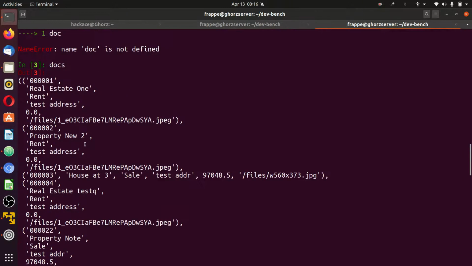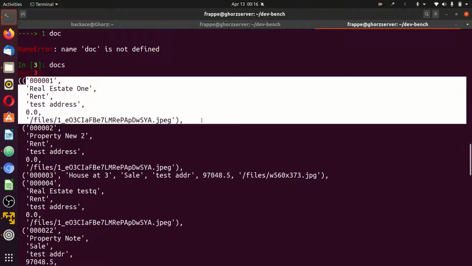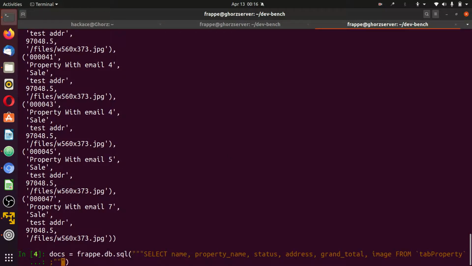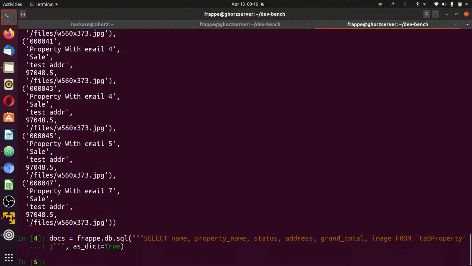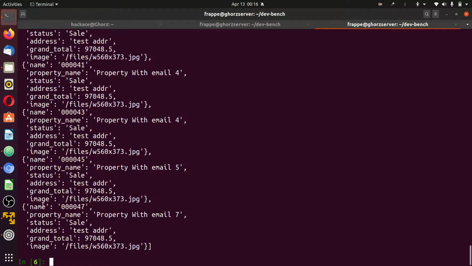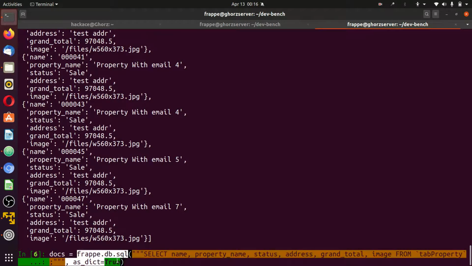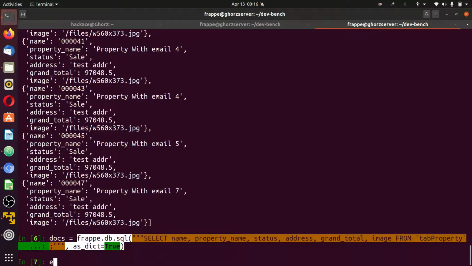we got content here, but it came out as a tuple. I don't want it as a tuple, I want it as a dictionary. After this I can write as_dict equals true, and this will come out as a dictionary. You see, name gives you this, property name this. So in our web page you can access it at .name, .property, .status, and so on. Before exiting, I can grab that entire code, then exit,